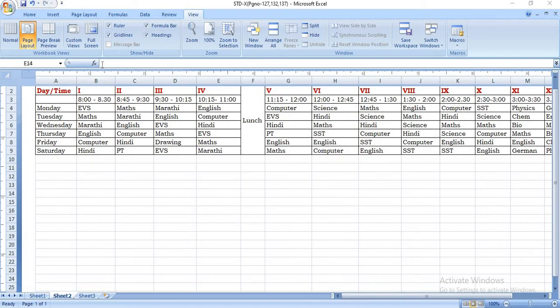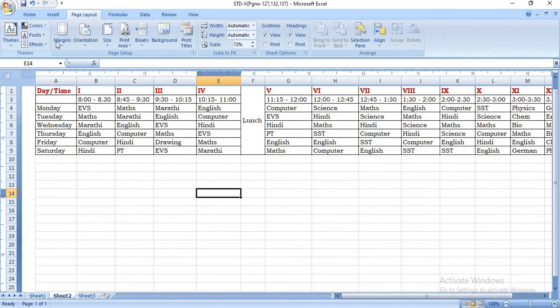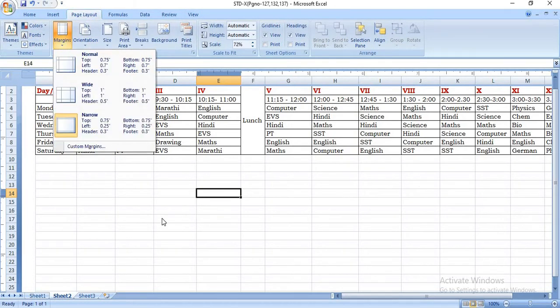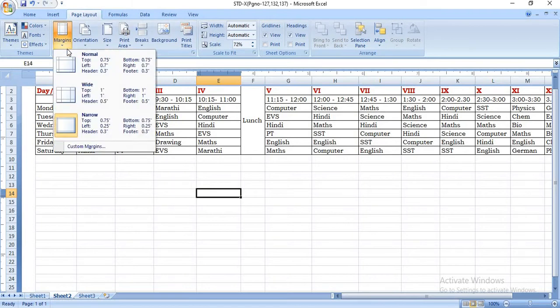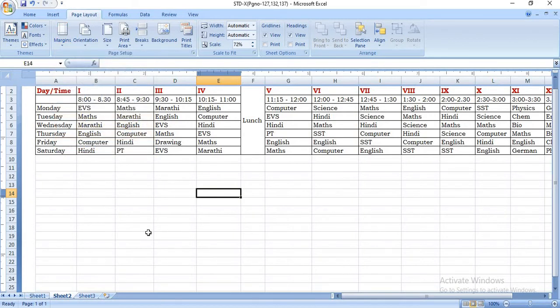To set the page margin, in the page layout tab, in the page setup group, you have a page margin option: narrow, wide, normal, or you can set your own margin, that is called a custom margin. For the practical, select narrow